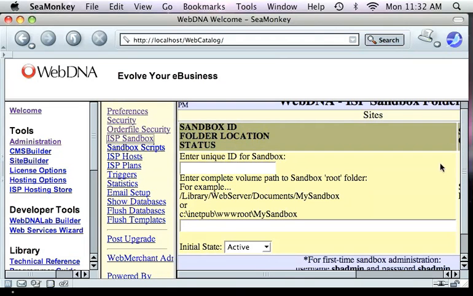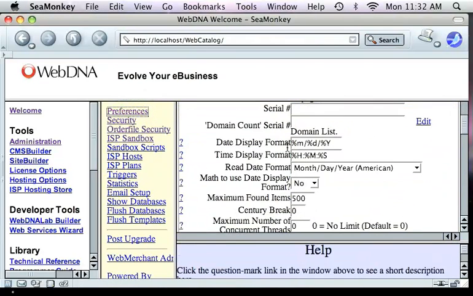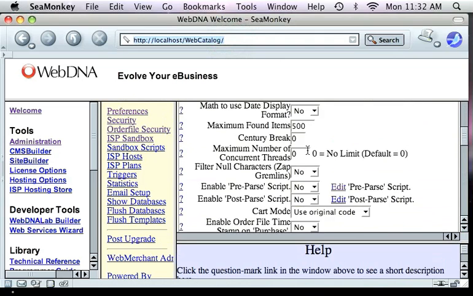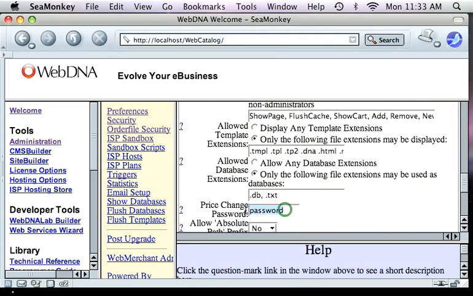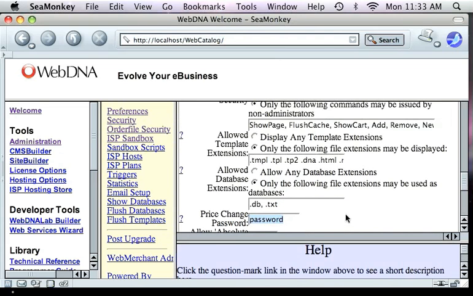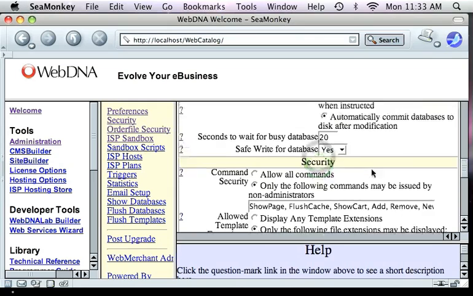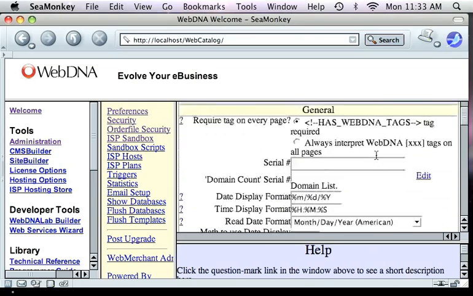By giving them an ISP sandbox, that client can then have access to a lot of these same preferences that you see in the master preferences, which is this area. That way, this client can set specific things like the password change for the commerce features, or certain suffixes, or some of their own specific